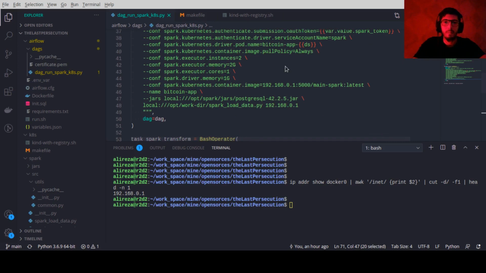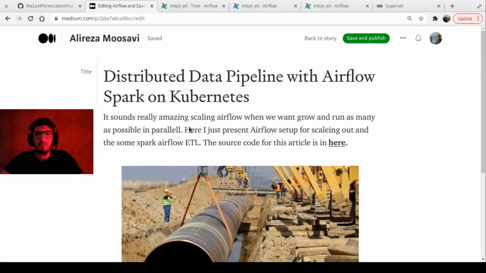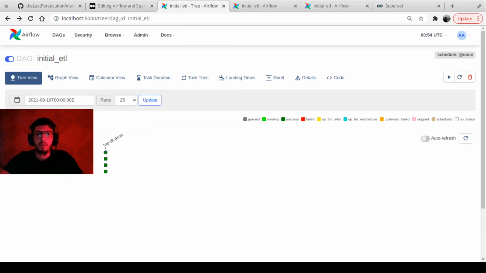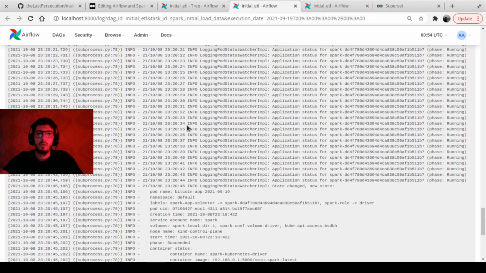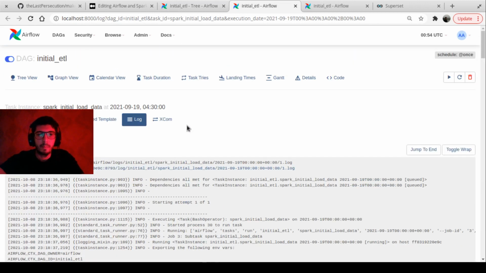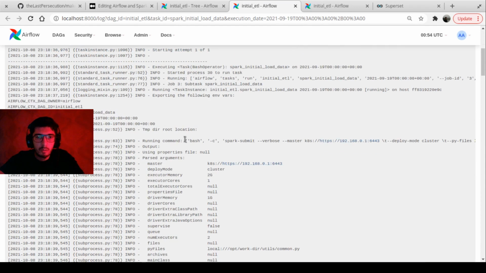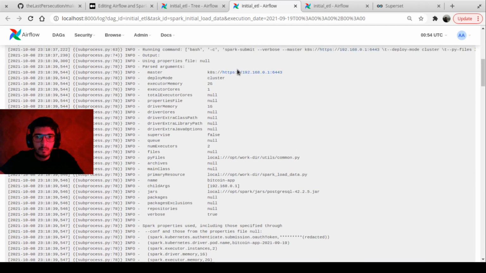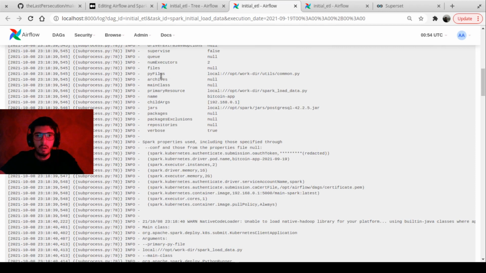So let's run them and check the result. This is the Airflow DAG for those two Spark jobs, and here are the results of the initial load data. As we can see, the master, deploy mode cluster, executor memory, we can specify everything here, and the Python file that I'm going to use is this command, and also the script that I'm going to run is that file,